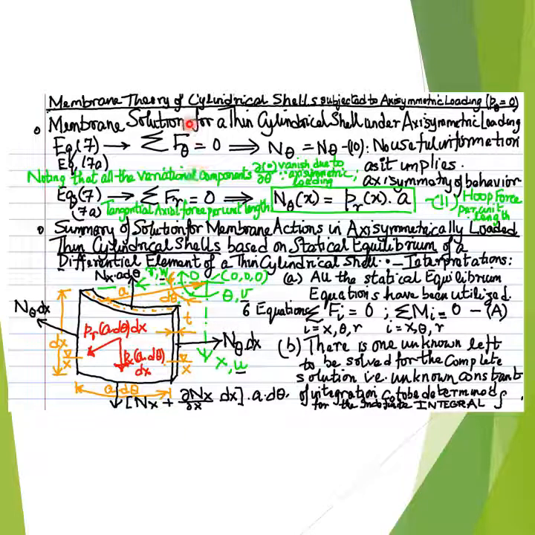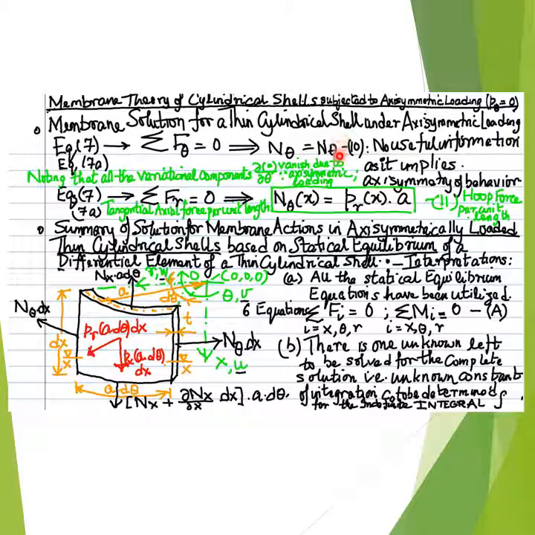applying the statical equilibrium equation for the force equilibrium in the tangential or circumferential direction theta, that is sigma F theta equal to 0, and substituting the zero values of the variational terms with respect to theta from equation number 7 presented in the previous slide, as well as substituting the zero values of the in-plane or membrane shear forces n x theta and n theta x from equation number 7a, also presented in the previous slide, into the statical force equilibrium equation in the tangential or circumferential direction theta, results in an equality